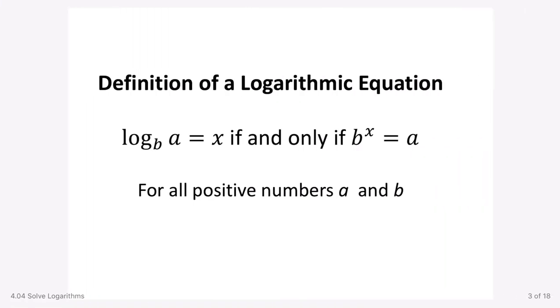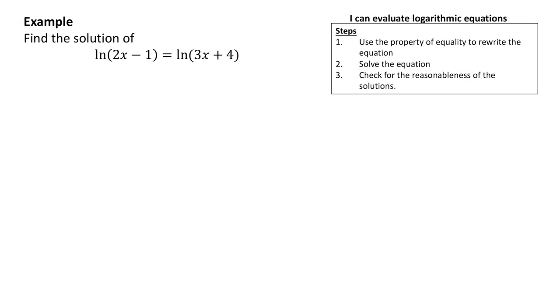Remember also the definition of a logarithmic equation. The log base b of a equals x if and only if b to the x equals a. Remember, this is true for all positive numbers a and b. So this value right here, this a, has to be positive because if we exponentiate something, like if we have b to the x, then we're going to get a that's a positive number. So that's important to remember that a and b are both positive numbers. So that's something to keep in mind when we work on solving these equations and checking the reasonableness of our